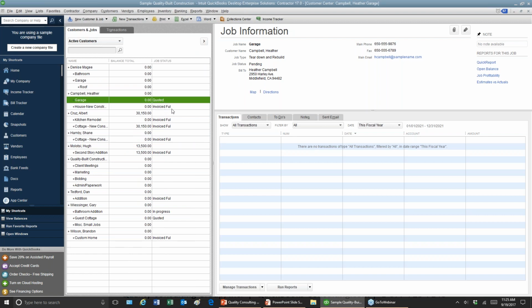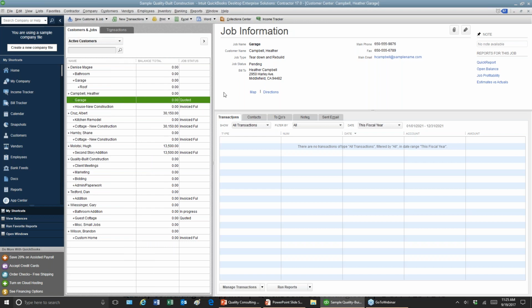You can see that the one that says invoiced in full exceeded the 9 characters, but you can do your own little acronyms if you wanted to. Having all of this information visually right here is great. And then you can also run reports, which I'll also be showing you. So that's just one way that you can customize columns. Any of these headers, by the way, just as a side note, usually you can customize the columns anytime you can right-click on them.